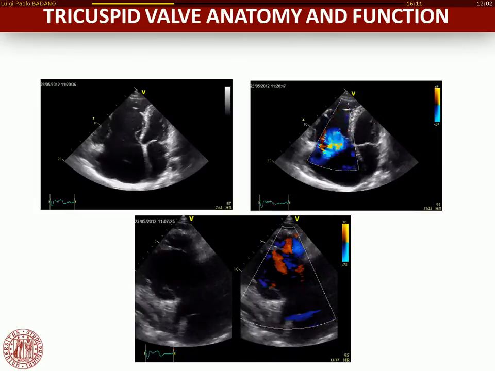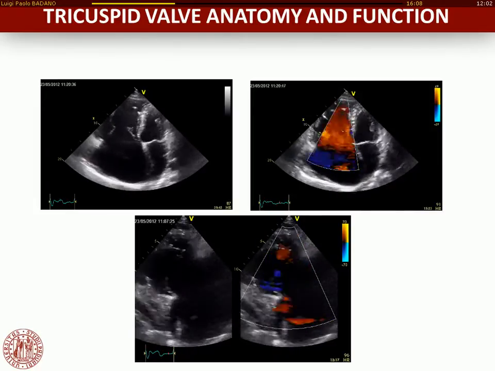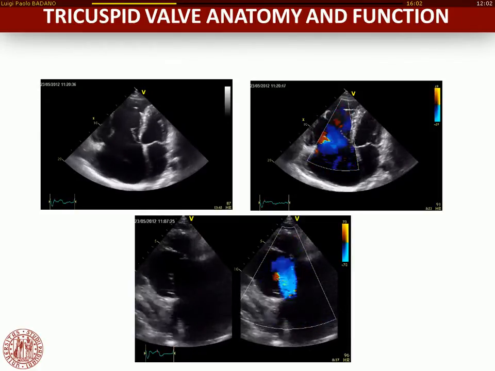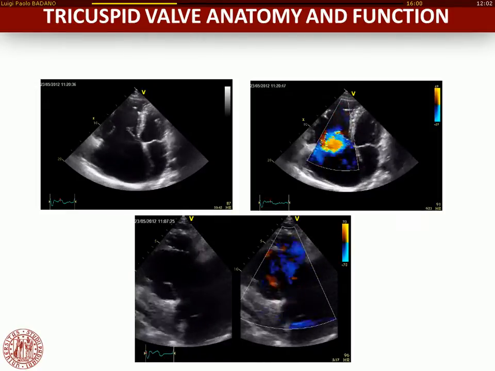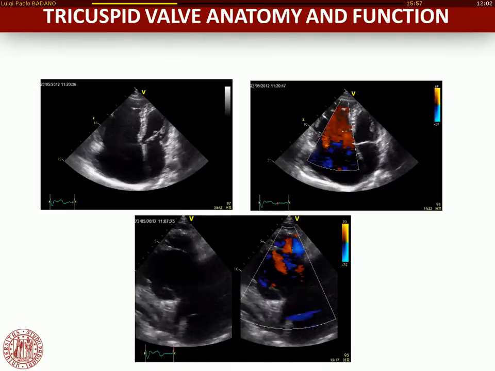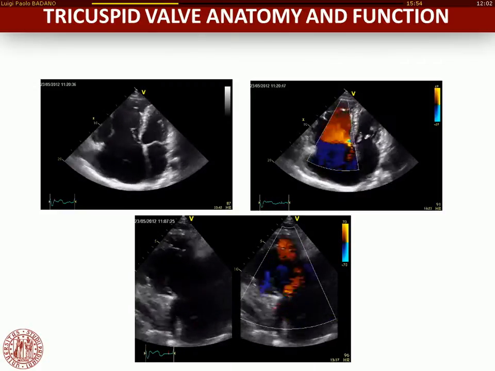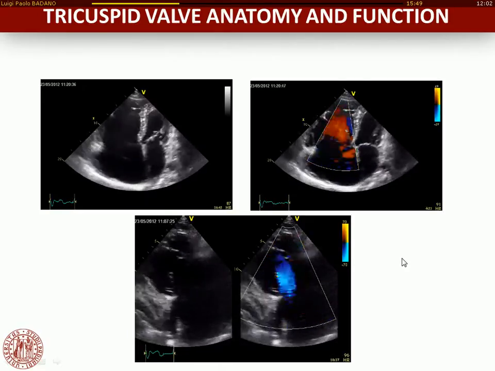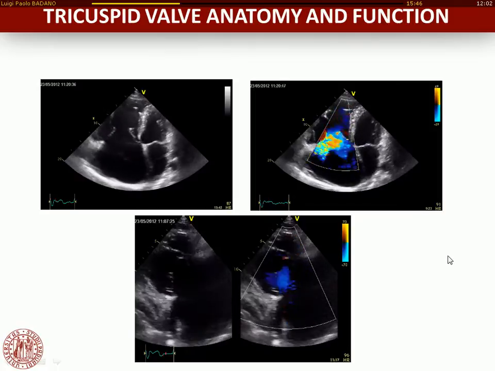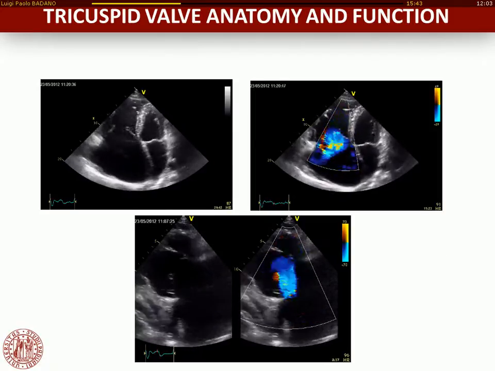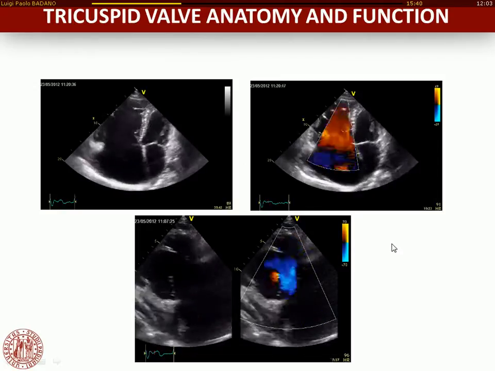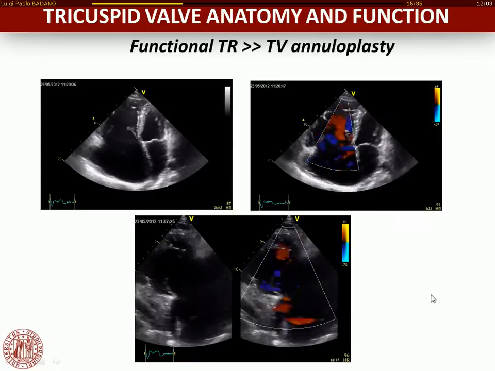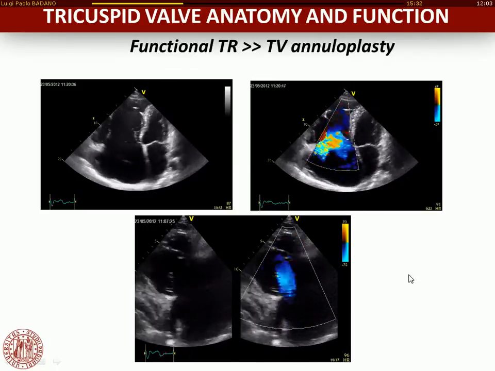And you can see the 2D images showing enlarged right atrium and right ventricle, tethered tricuspid valve leaflets, and what is, no doubt, a severe tricuspid regurgitation. And the patient said, yes, I know that I had an enlarged heart with a murmur since when I was young, but I was also an athlete, and everybody says I have an athlete heart. And so based on these images, you can think to fix this as a functional tricuspid regurgitation with a tricuspid valve annuloplasty. But if you don't,